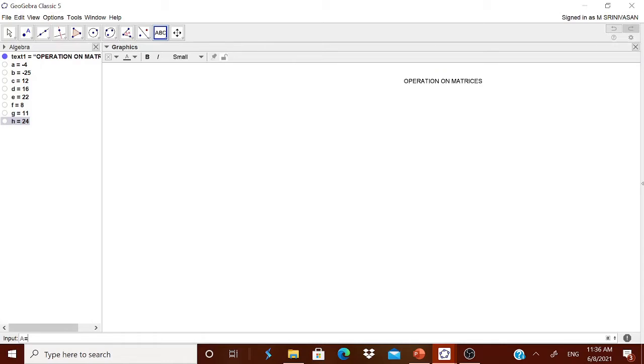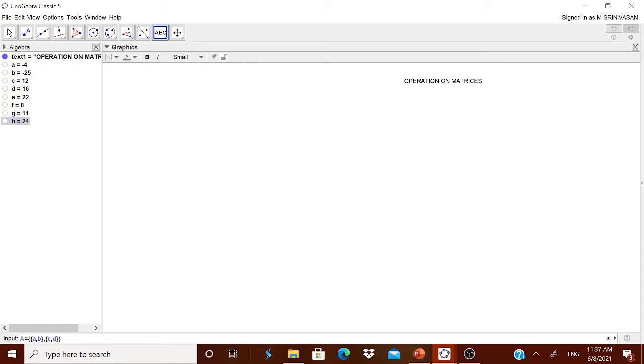We watch it very carefully. We have to go for a curly bracket. Again, the first row elements are to be entered inside a curly bracket. For example, I want a comma b, then close the curly bracket, then once again comma, I want c comma d as the second row. You got the idea now?